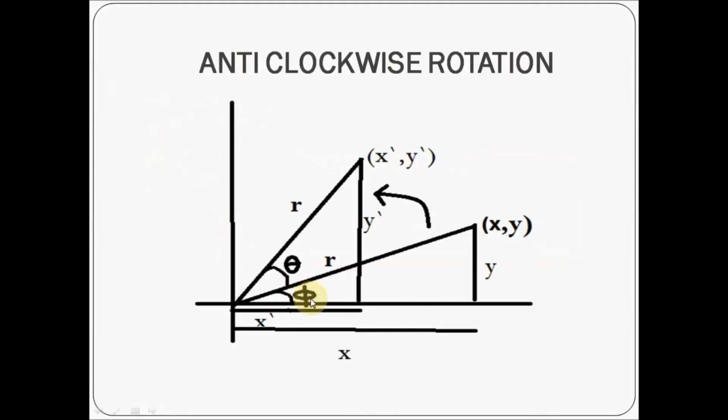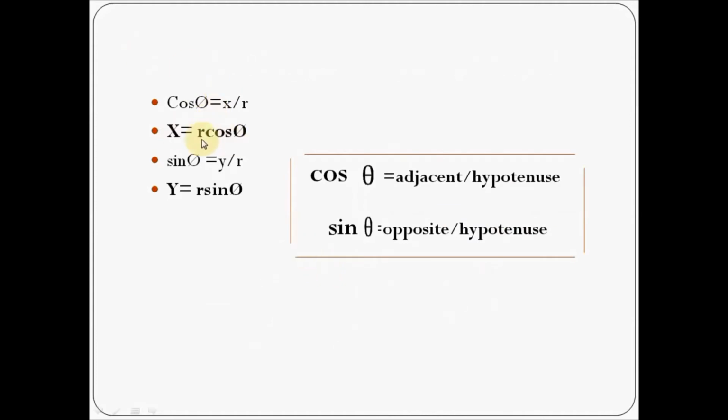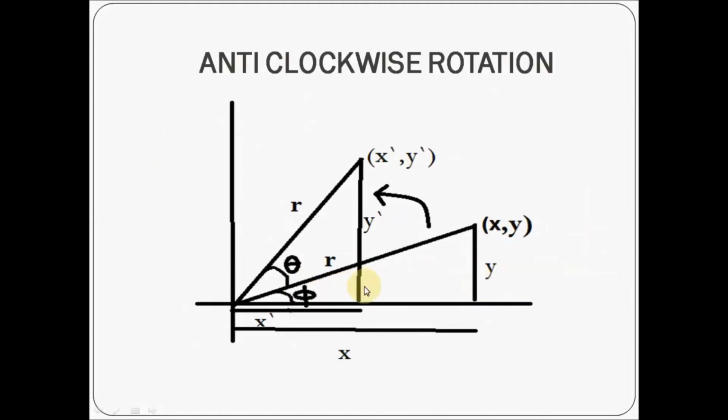See, this triangle you have to consider before rotation. The formula is cos theta is equal to adjacent by hypotenuse. Here I am applying this to cos phi. Adjacent is x, hypotenuse is r. So cos phi is equal to x by r, and I can write this as x is equal to r cos phi. In the same way, I have to calculate the sine angle, that is opposite side by hypotenuse, for the same triangle. See here, opposite side is what? y. I am calculating the values before rotation. Opposite is y.